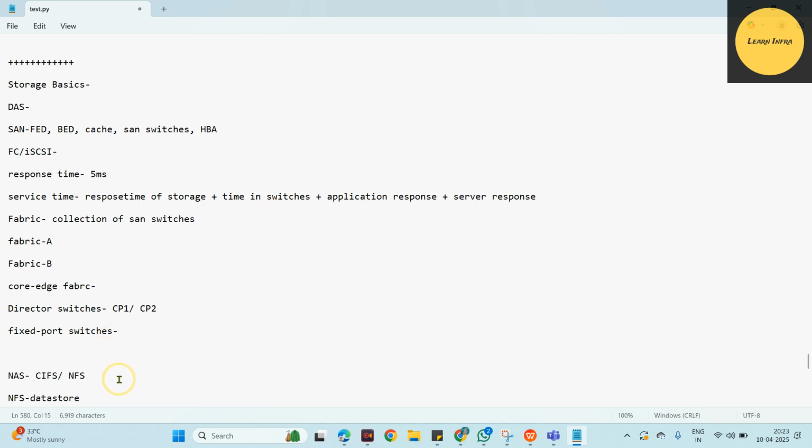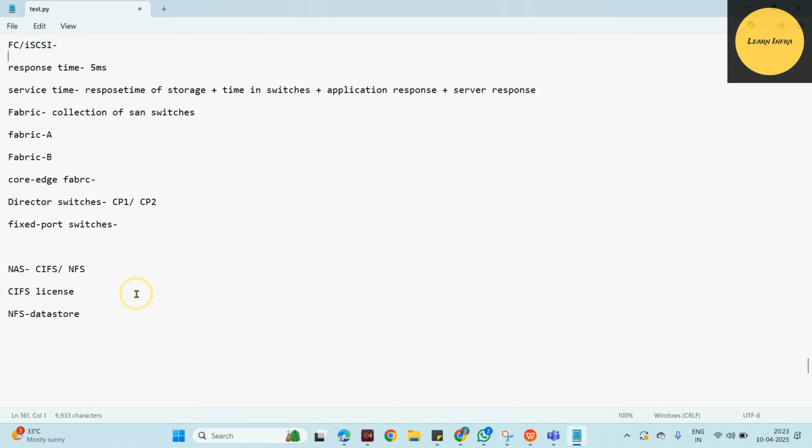The first thing about CIFS is, in any storage you should have the CIFS license. Here also, license. In NetApp there are three types of license: cluster-wide license, node-based license, and evaluation license. I'll talk about all these things when I go into NetApp. Now is the time for the storage basics. So license is the first thing that we have. And there are many steps that we need to do. I will tell you this, so I'm just giving the basics. And for NAS, what you need to do,